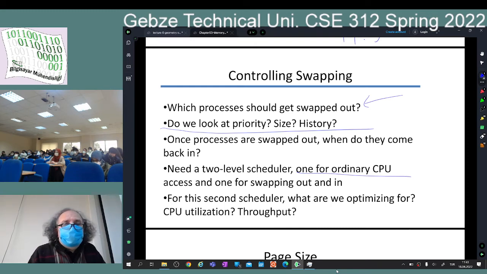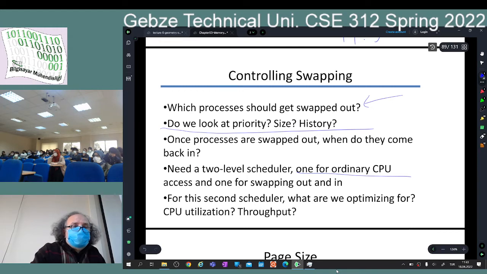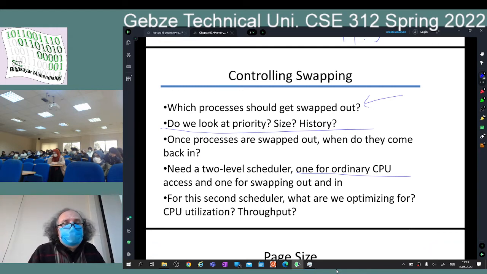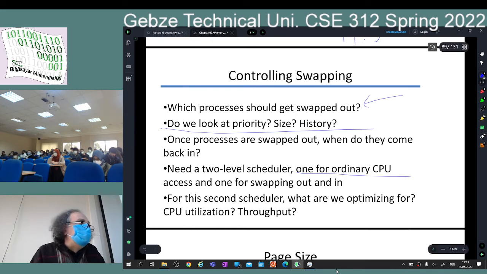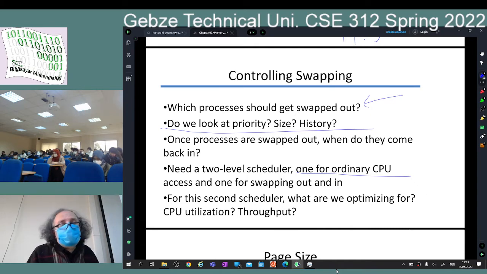When the time comes, I am going to load some of them to the memory. And when I'm doing this, I am going to look at CPU utilization, throughput, those kinds of things, depending on my operating system type. If I have a mainframe, of course, throughput and CPU utilization are important. But for a mobile computer, maybe interactivity is a better criterion to look at. So maybe the priority or the interactivity is a better